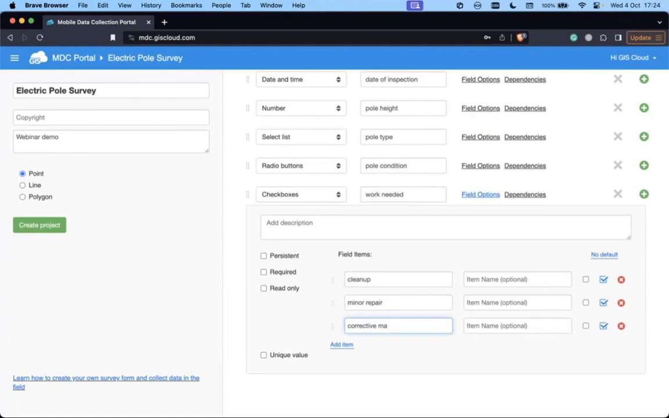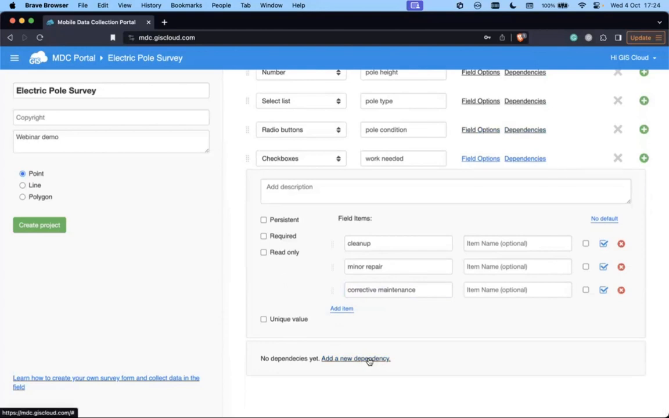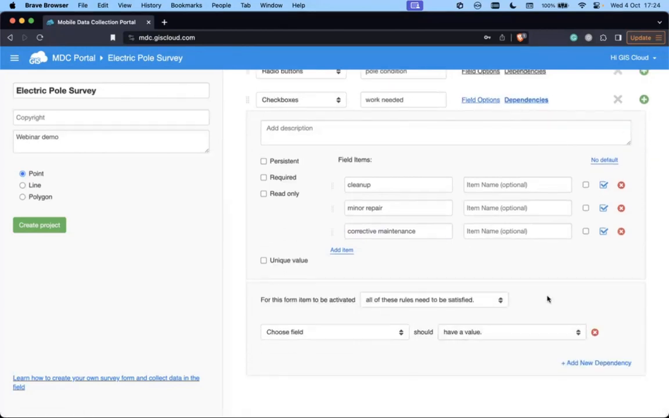And just to give some context, we talked about making it simple for the person who's collecting the data, and this is one way to do it: putting in dependent fields so that they're not overwhelmed with all of the questions that are not always needed. So the work needed field, you don't really have to fill it up if the pole is in good condition. We're actually going to show in the mobile data collection app how this works and how to